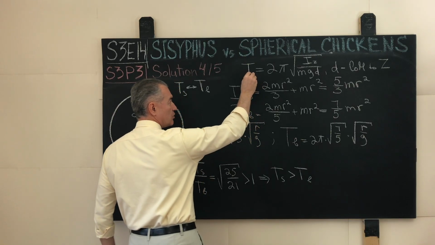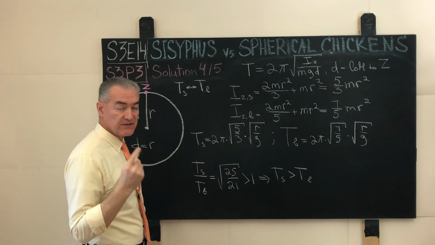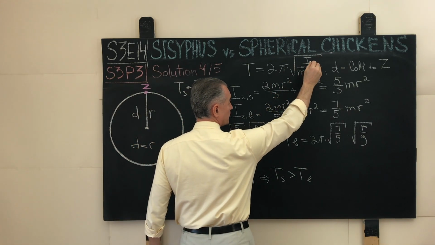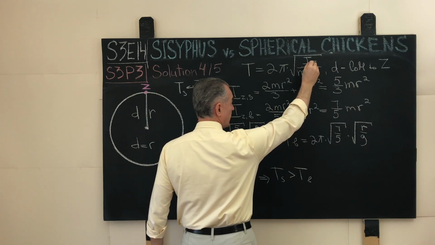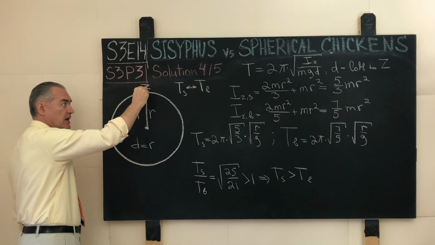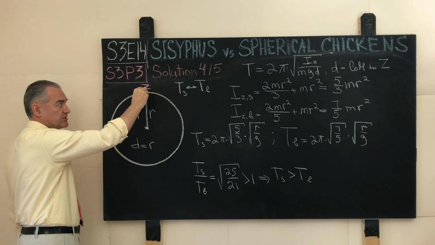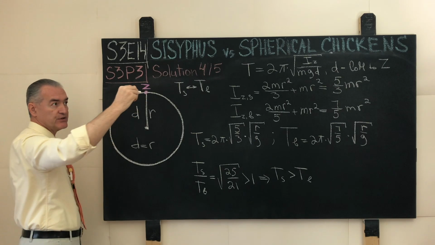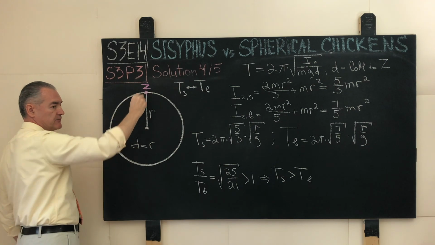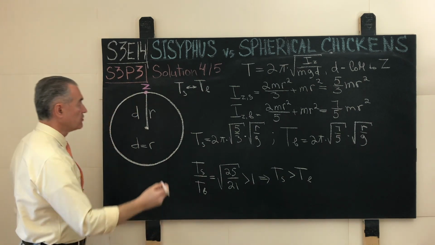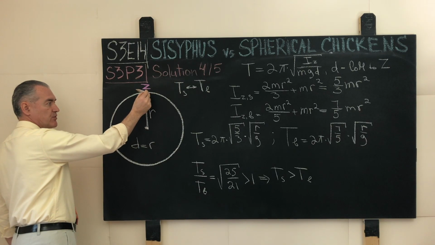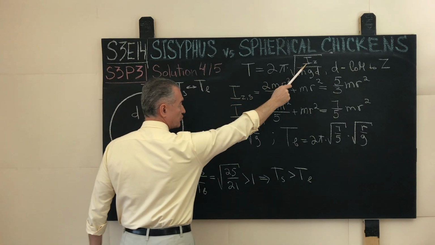The period of small angle oscillations of a physical pendulum is equal to 2 pi times the square root of the moment of inertia of that pendulum with respect to the axis that passes through the pivot point. And in this case, the pivot point passes precisely through the point Z, perpendicular to the screens of our monitors, perpendicular to the board, like so. Maybe I can even show it better with the pencil, like so. This is our axis with respect to which we will be computing the moment of inertia,